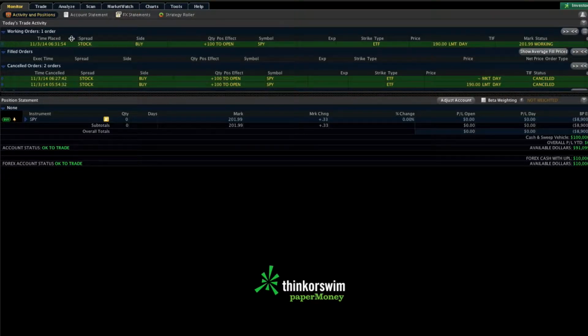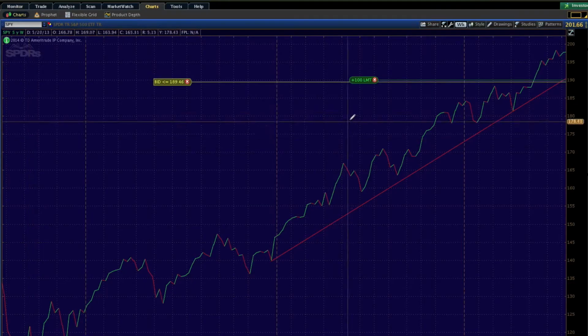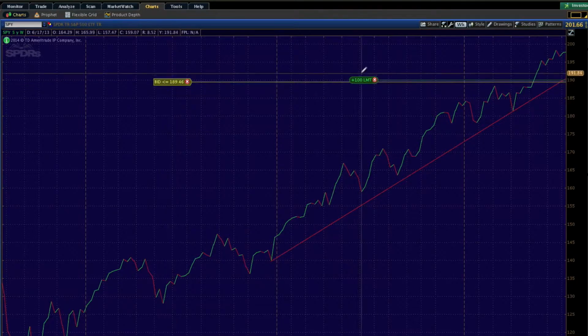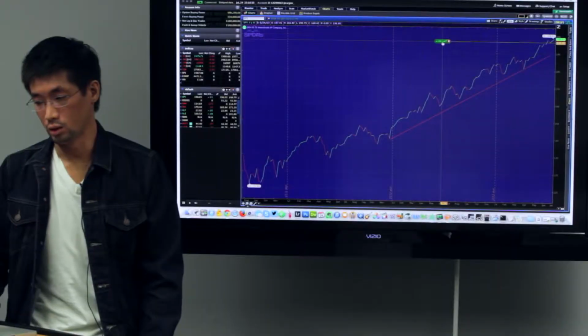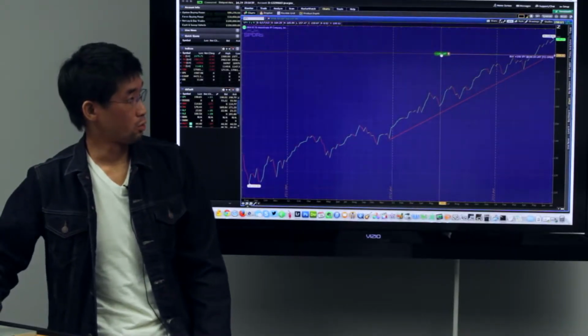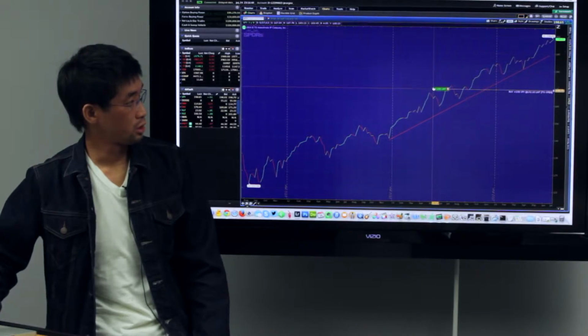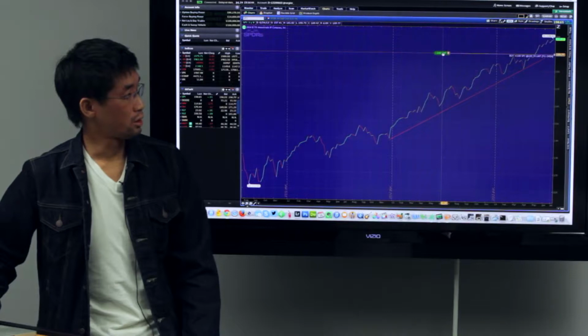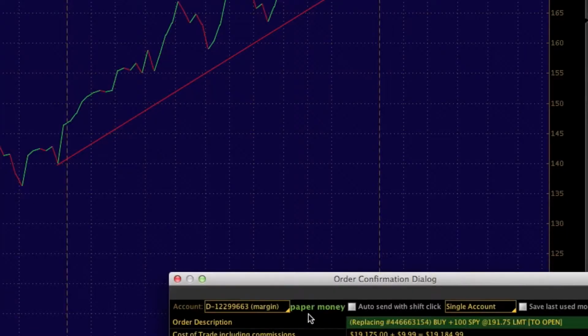Another way to look at the buy order that you have just placed is you can go back to the charts, and I just love this about using charts in thinkorswim, just like the alert, now you also have your buy order on your chart. You can drag it around to change where you actually want to buy it. So let's say you mistakenly entered in the wrong place. We can drag it down here to where our trend line is,